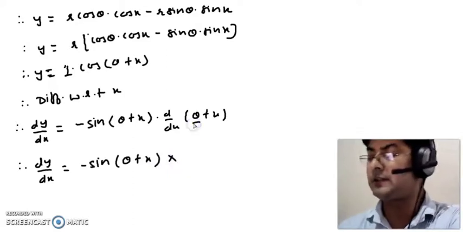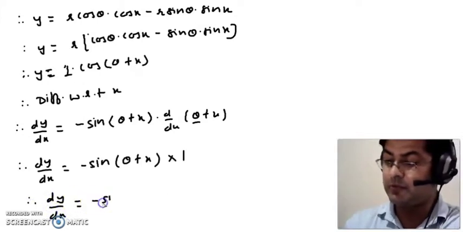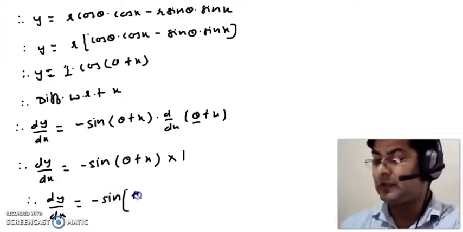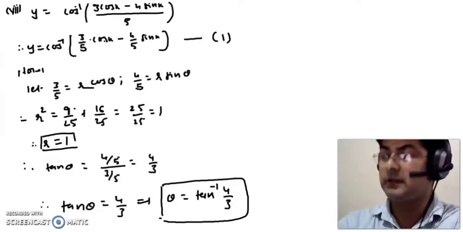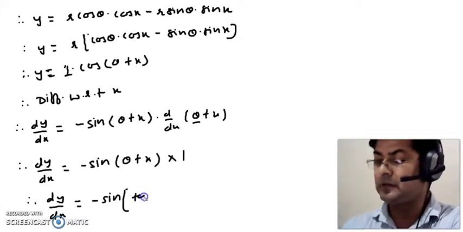Differentiation of theta is 0 and x is 1, and therefore dy by dx is equal to minus sin, value of theta is... let us check what was the value. It is tan inverse 4 by 3. So tan inverse,